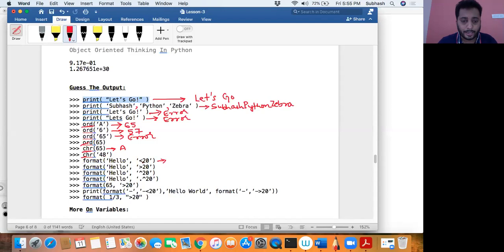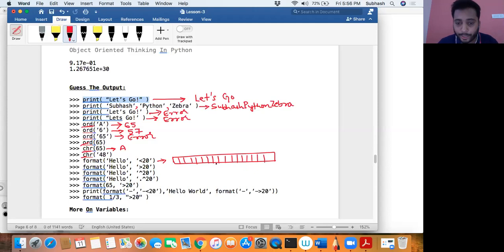It says to format hello on the screen using 20 spaces, and it should be left justified completely. It means 20 spaces would be used to format this hello.